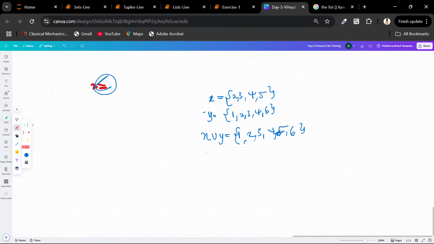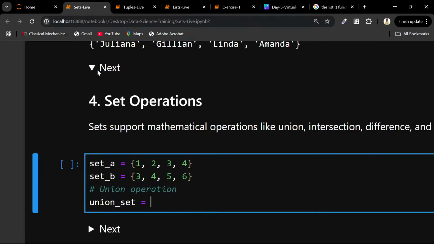Now, when you want to find intersection, intersection is more like elements that can be found in both sets. So intersection would have 2, because you can find 2 in x and y, 3, and 4. This is it. So when you want to perform union, you first type this one, and then you use the pipe